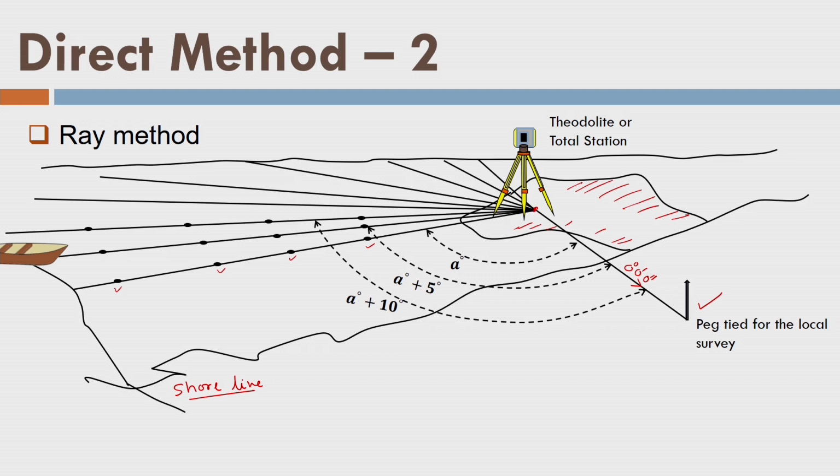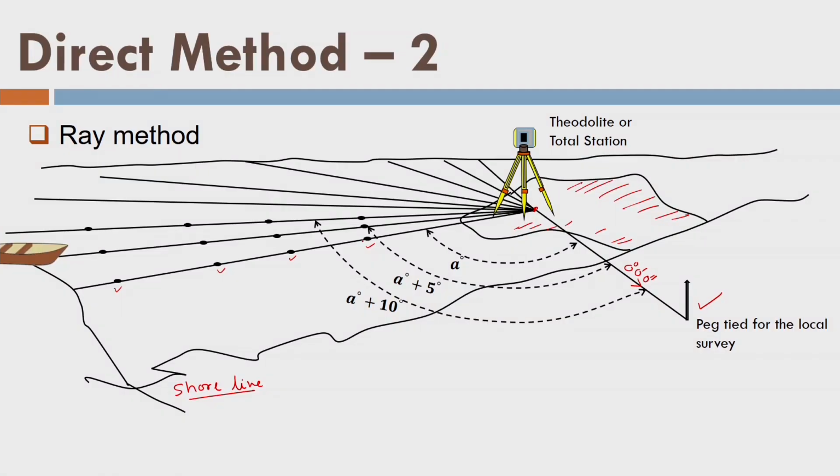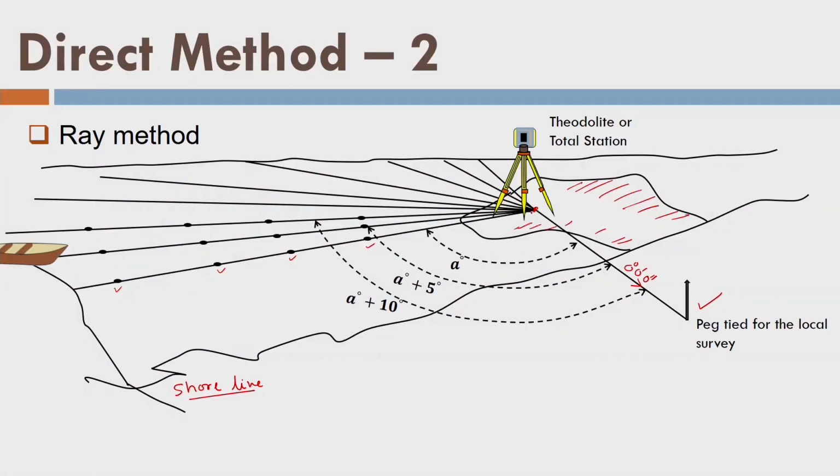Any ray line can be measured with the help of a float line, or we can even use a total station or theodolite to measure these distances. But the issue is we are measuring these points at a regular interval. I need a device which can provide the data at regular intervals, and that is why the float line is the best solution here. So spread the float line with the help of some anchor on the other bank, or with the help of another boat. Another boat is stretching the float line, and at one end it is anchored at this point here, and then boats are moving.